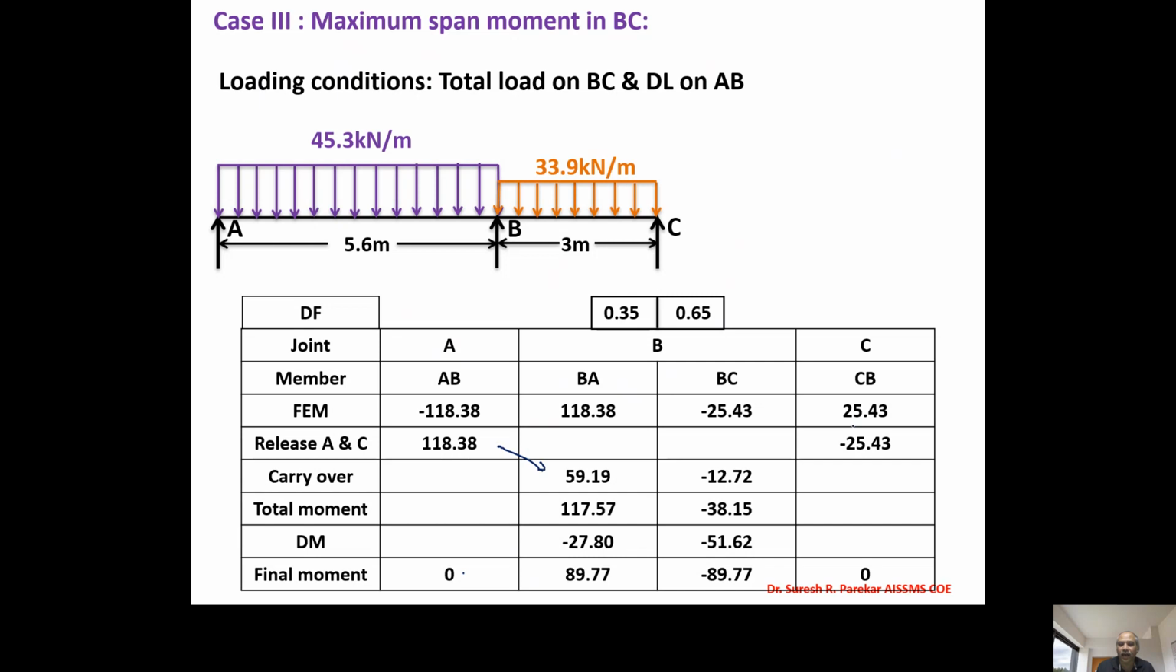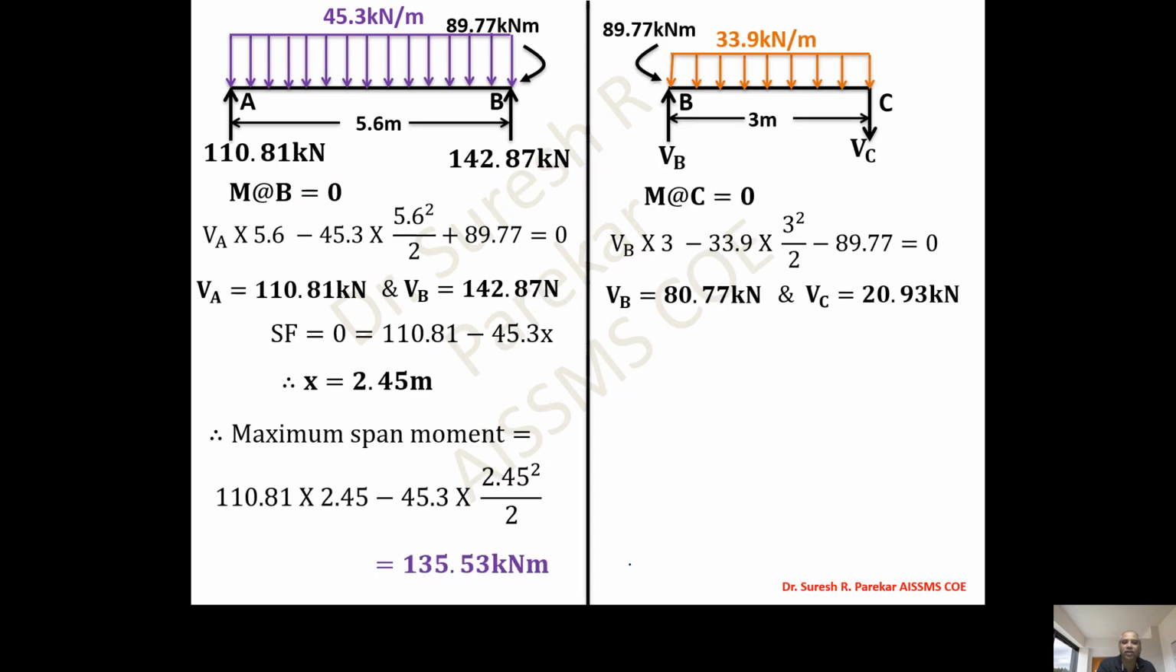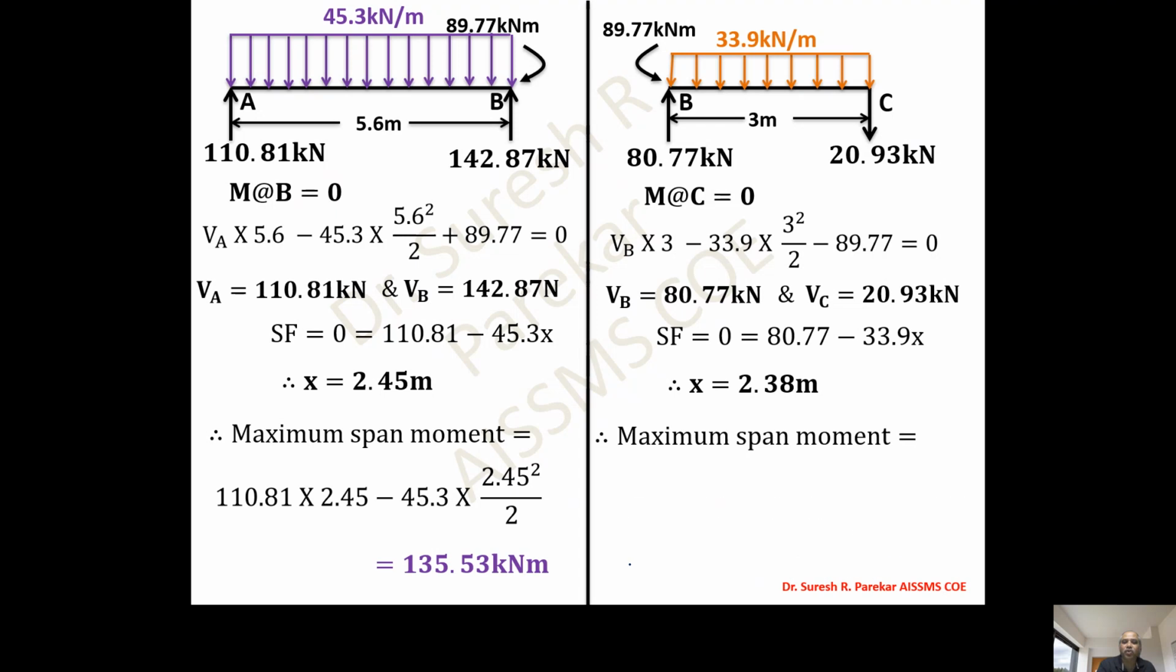Then we have to take carry over half values on these sides, and then we have to go for total moment, then distributed moment. So multiplying by distribution factors to the total of this, we will get the final moments, and then we will find the maximum span moment. We will get the value of maximum span moment 6.45. Now in AB we have 146, and in BC 6.45, and at support B we have